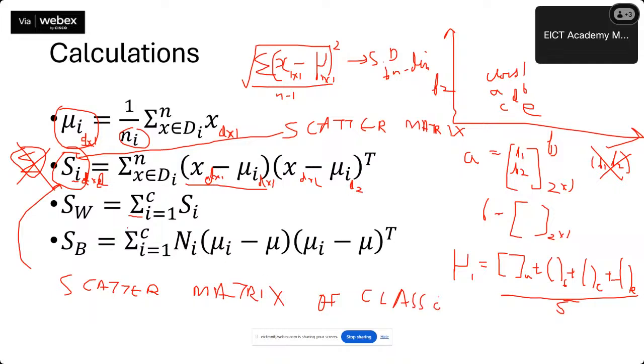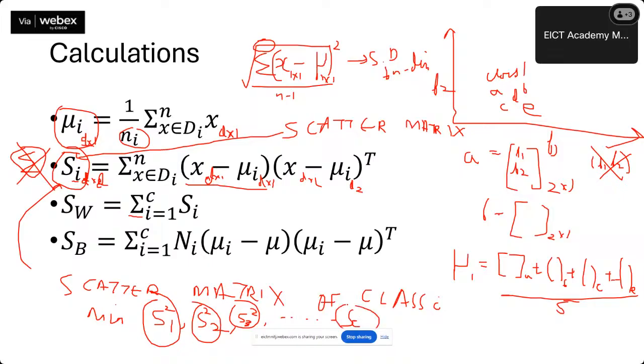class i. Now I want to minimize the scatter matrix of class 1. I want to minimize the scatter matrix of class 2. So let's say I want to minimize S1. I also want to minimize S2. Now, again, I haven't taken the under root over here. So practically it is the standard deviation squared, and that will always be positive. I want to minimize scatter matrix 3, and so on. So instead of saying I minimize S1, I minimize S2, I minimize S3, I minimize SC, where C is the number of classes,